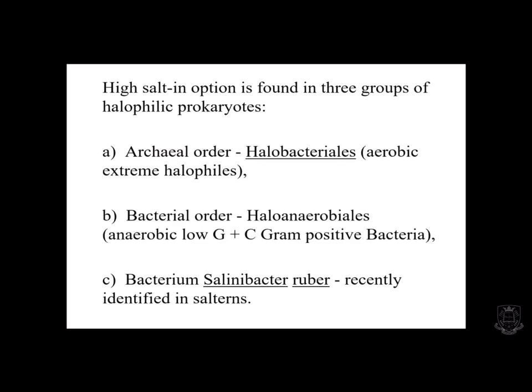So basically, because the high KCl mechanism requires a lot of changes to the cell, there are far fewer of these organisms. As we'll see, the list I'm going to show you for the low salt-in in a minute is much more extensive, and also they are very much restricted to stable environments. So salterns are very stable, salt lakes are very stable. You wouldn't find these organisms in a rock pool, for example, on the seashore where the salinity changes, because these organisms need a nice, high, stable salt environment.